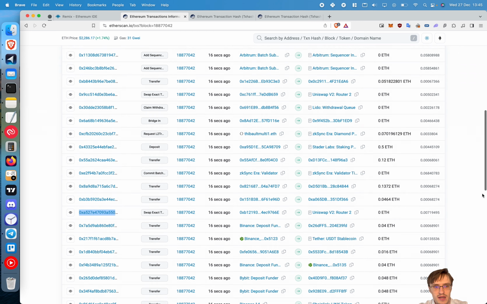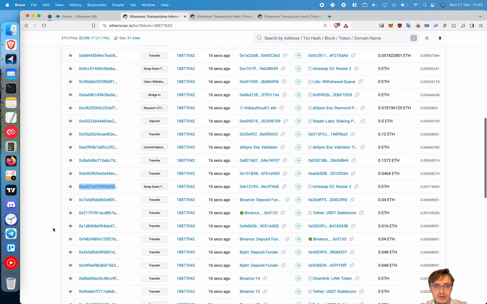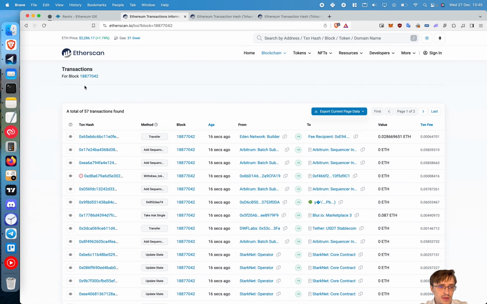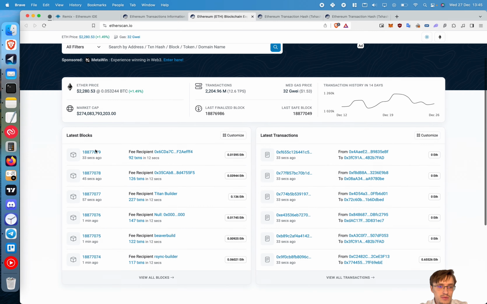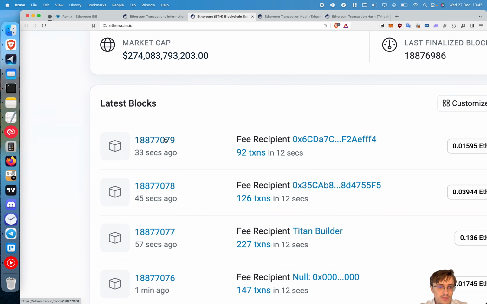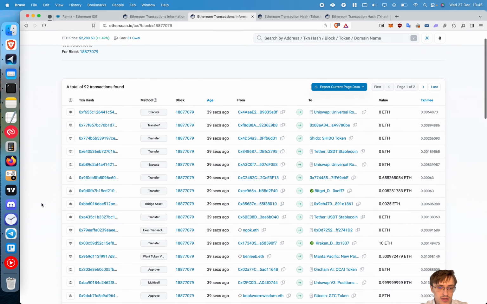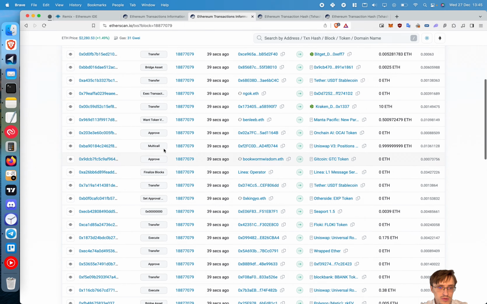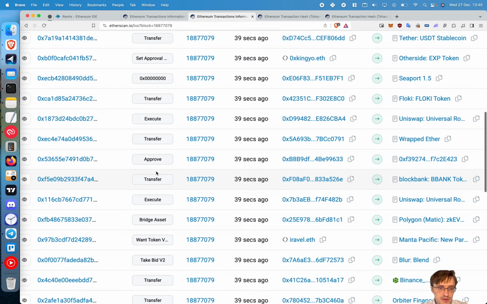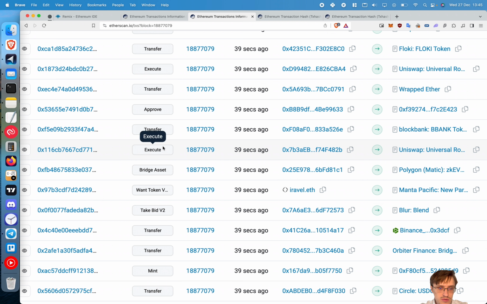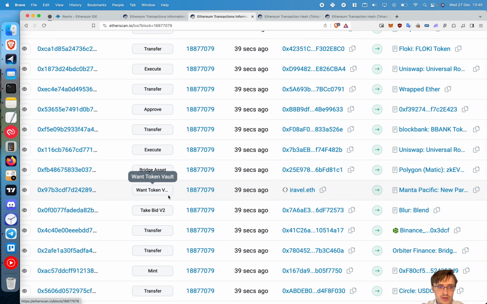So in order to identify accounts that are profitable, in order for us to copy and get the same results, you simply go to Etherscan. Go to the latest block right here. You click on that and you see the transactions right there, all of the transactions made on that block. You're looking for Uniswap transactions. You see there are many different methods here, but what you look for is execute, which means it's been sent to the universal router. You simply go there